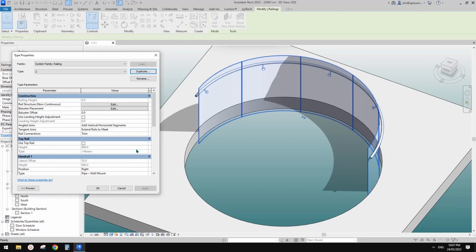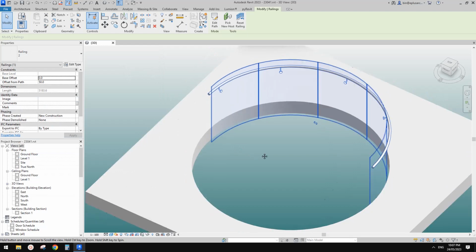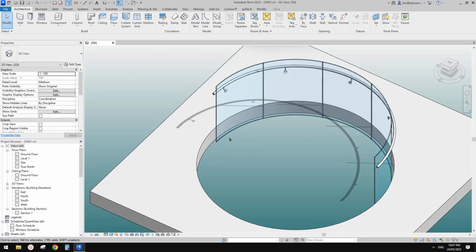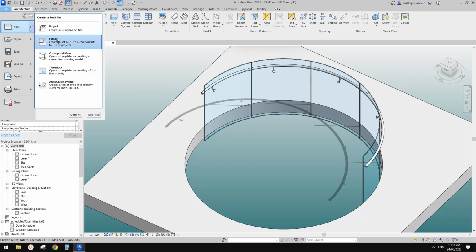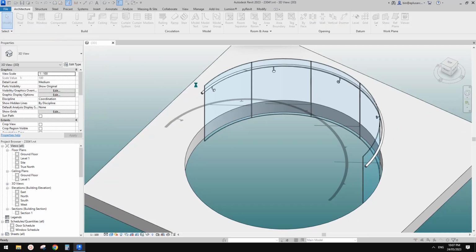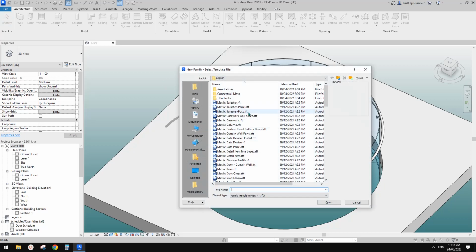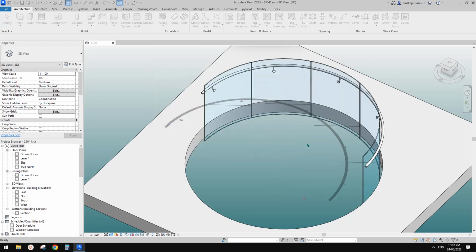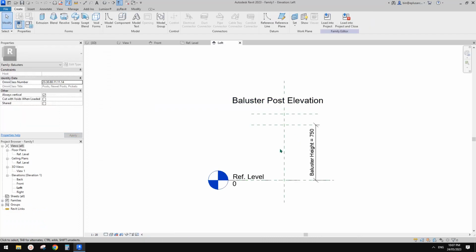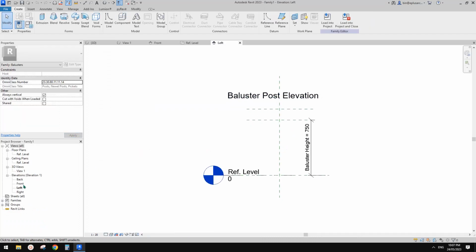Okay, so I'm going to click OK, and we need to create a panel. Okay, so let's do it. We're going to create a family. So we're going to use the baluster post. We're going to use this template. Okay, so this is post, and remember, when you first start a baluster family, it's always in its left